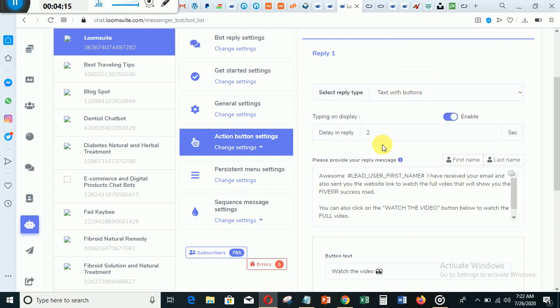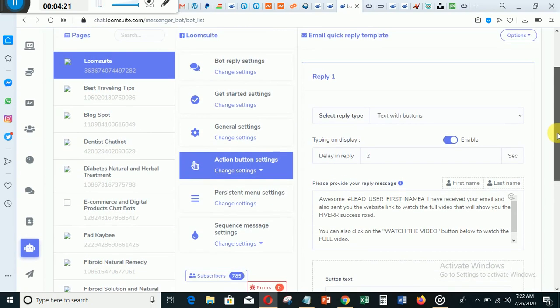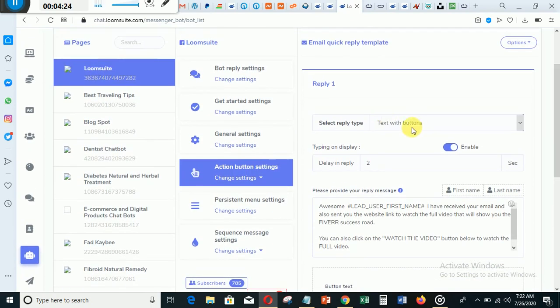You can reply with more than one. You can do 2 or 3 replies. You will know how to do that later, but you will just click text with button from here. You enable this, and it will act as if the Messenger is typing. You can click 2 or 3 or 1. Just set the delay in reply. It will just be in seconds.